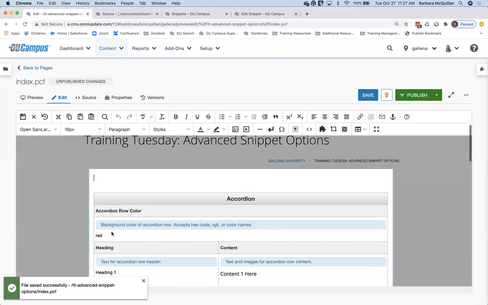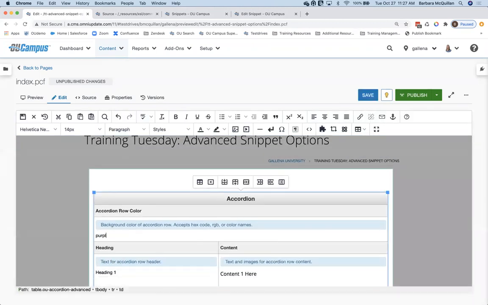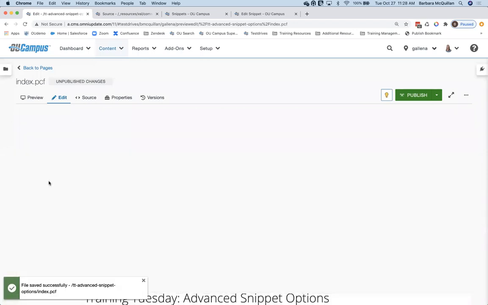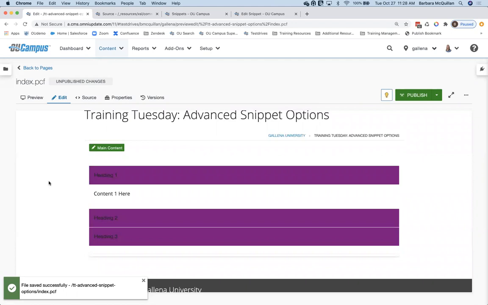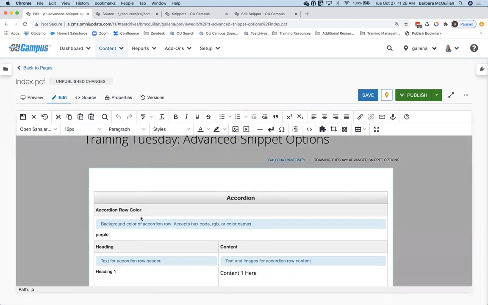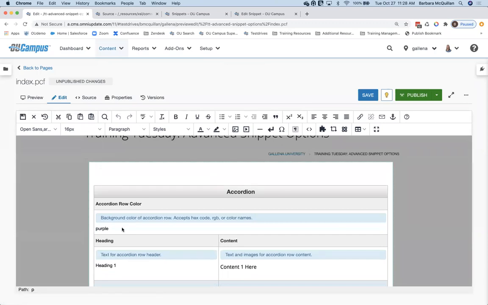Now, because this is just an open text field, people could put in whatever they want here. So you now have the option of people taking control of what this color is going to be. It may be outside of your branding. And it also invites the option for having things that are wrong. So maybe someone tries to put in a hex code or an RGB value, which would both be accepted here, but they type it wrong, or they have the wrong digits, the wrong number. So now you're just inviting errors because this is an open text field. So instead of doing that, I want to make this particular field a set of drop-down options. So let's talk about how you do that.